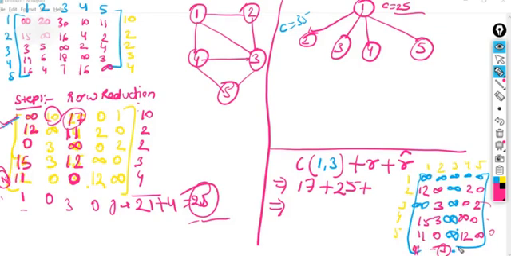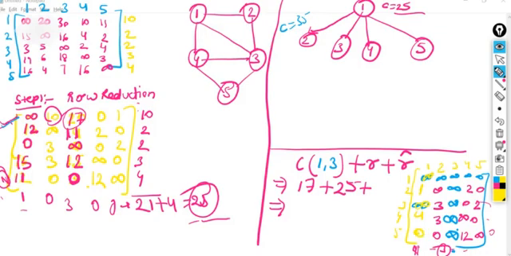In the second column we have 0. The third column is already reduced. Everything is reduced. So we have to subtract the 11 from the first column. So what will it be? It will be 11 at the place of 12. Infinity will remain as it is. Infinity, infinity. Sorry, I'm just rewriting it. Originally it was 12. After subtracting 11 it will be 1. Then 15 minus 11 will be 4, and the last 11 minus 11 will be 0, right?